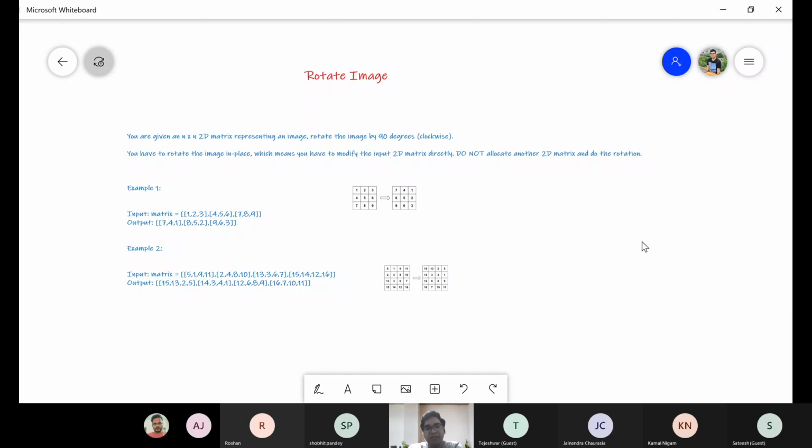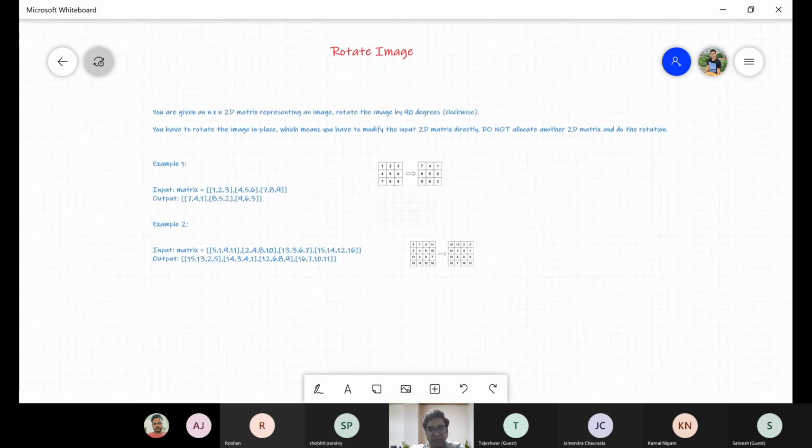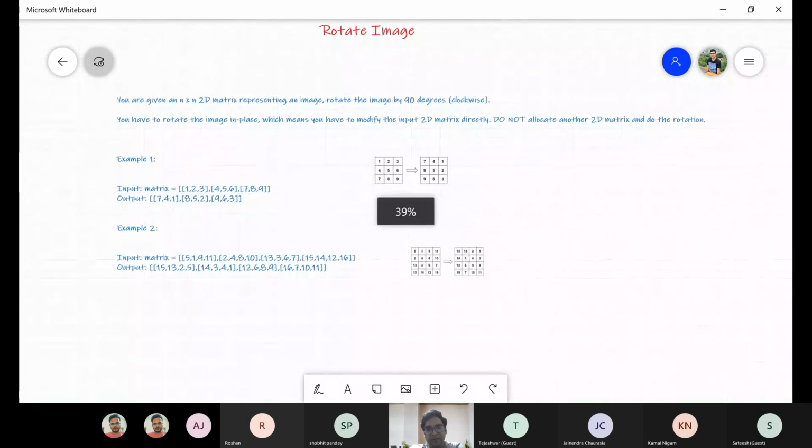You can basically start thinking about how to approach this problem, and later on, the interviewer may ask you, like, suppose you do not want to use extra space, then how will you do that? So that could be a follow-up question in this problem. So let's see what this question is through the diagram itself.